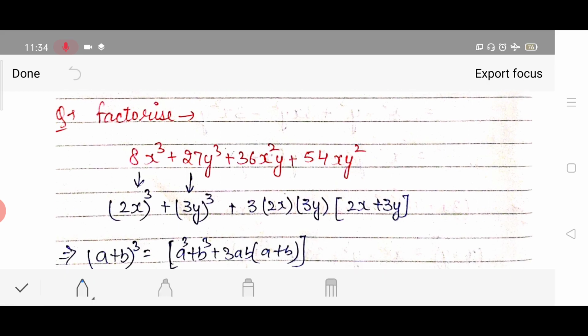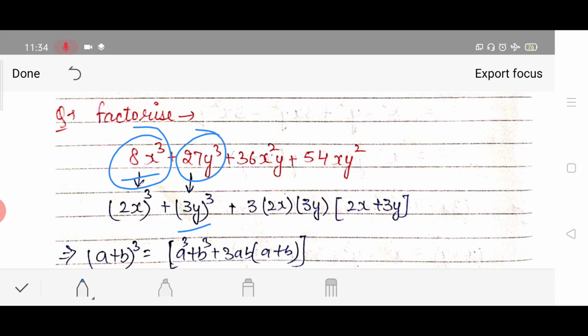As you can see here, we are having cubes and an addition sign in all the terms. So from here you can see that we have only two cube identities, (x plus y) whole cube and (x minus y) whole cube. So you have to use these identities. If you see here, 8x cube is the cube of what? What will be the cube of 2x? Cube of 2 is 8, cube of x is x cube. So we can write it as (2x) cube. And 27 is the cube of what? Of 3. So we can write it as (3y) cube.